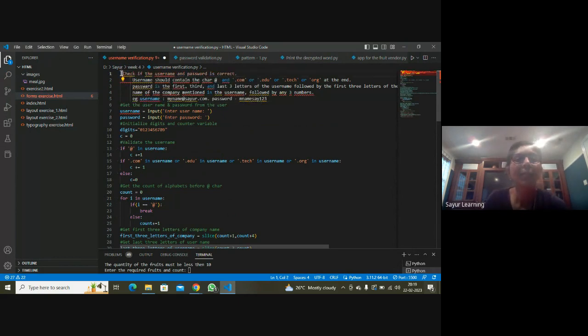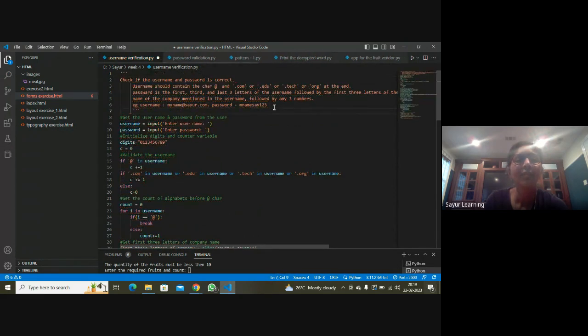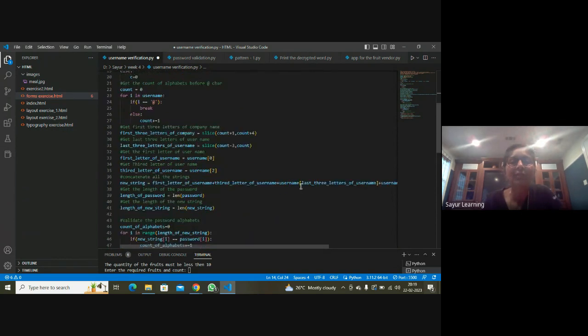Put it in the comment. Okay, so that is the problem, and the problem is you have to make sure the username and the password are correct, and this is the idea for the username and password, right?